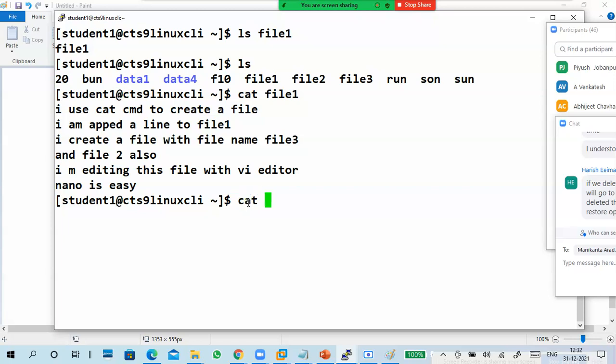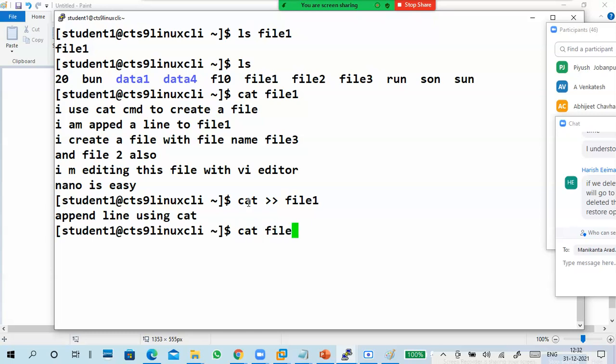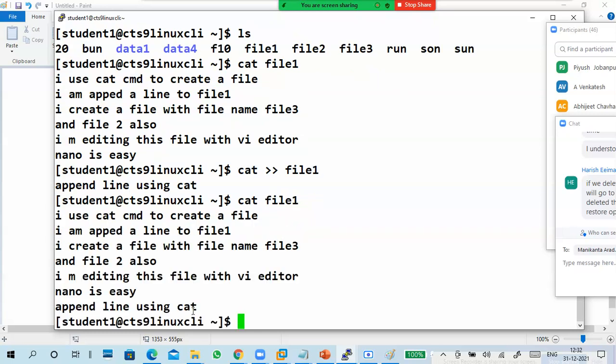Using cat greater or double greater file 1, whatever I type will be appended to the existing content. Append a line using cat, then Control D. If you read cat file 1, you see the line is appended.